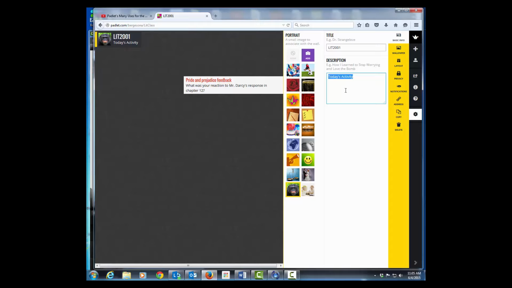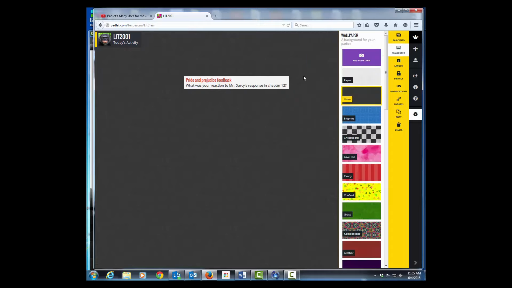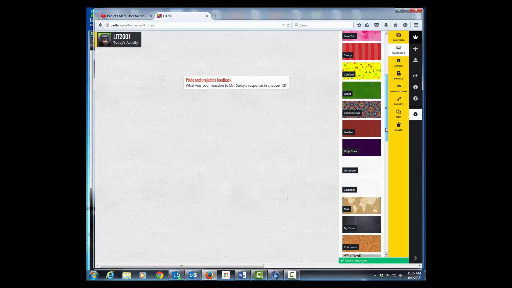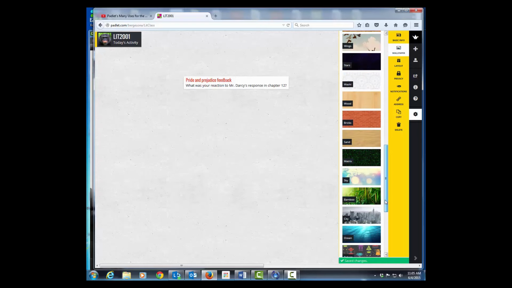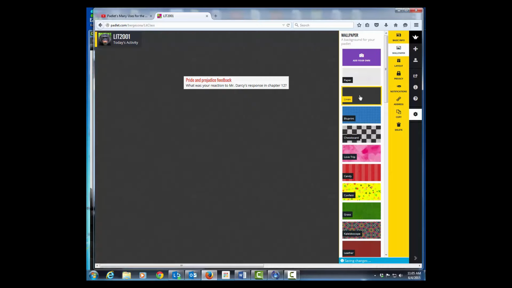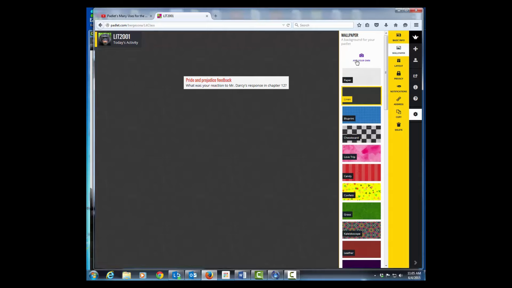And you can also give a different background with this wallpaper feature. I've selected a darker color, but if you prefer something lighter, you can do that. And as you can see, there's quite a few to choose from with different themes here. So that's quite fun. And also, we'll talk about this. The add your own could give you a lot of really great opportunities for your class. We'll touch base on that in just a moment.